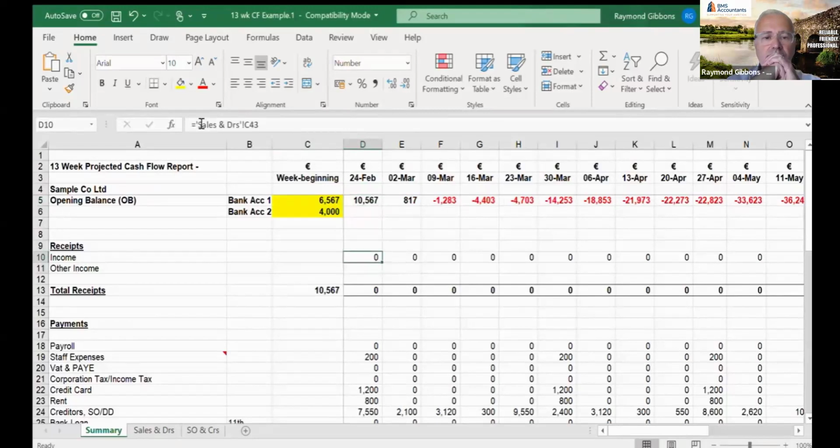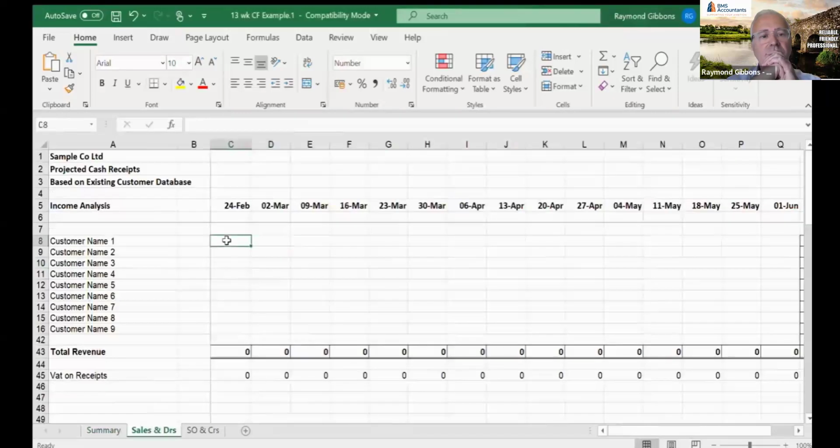He now needs to enter his cash inflows or income for the next 13 weeks. If you look at this particular cell, you'll see that it has a formula directing us to sales and debtors. So we're going to click that tab now and we go into the sales and debtors and we'll see firstly that the dates are still the 24th that we changed on the main cash flow, but also that sample company has 9 customers and they owe the following: €5,000,